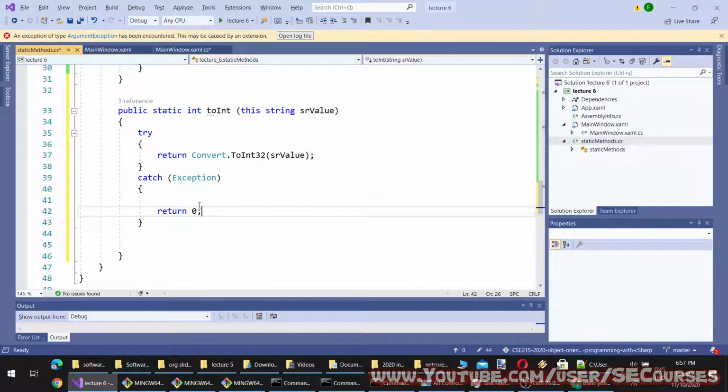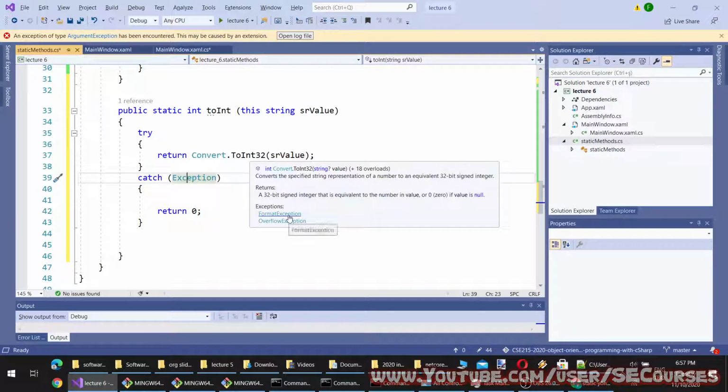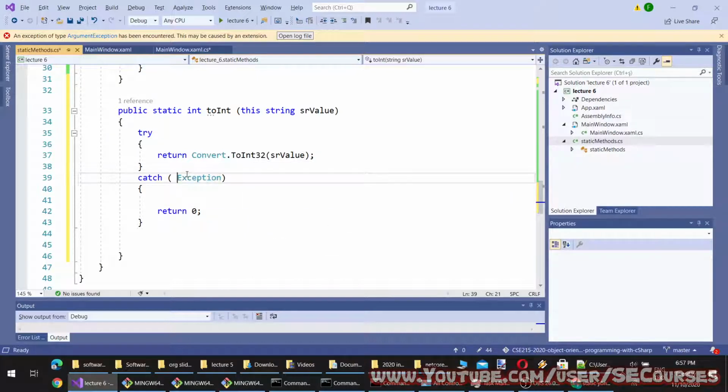Or I can manually catch each type of exception. Oh, this can also work, but let's catch exception types. What exceptions can there be? There can be format exception and overflow exception. So let's catch FormatException, exception e. If a format exception happens, I will return -1.